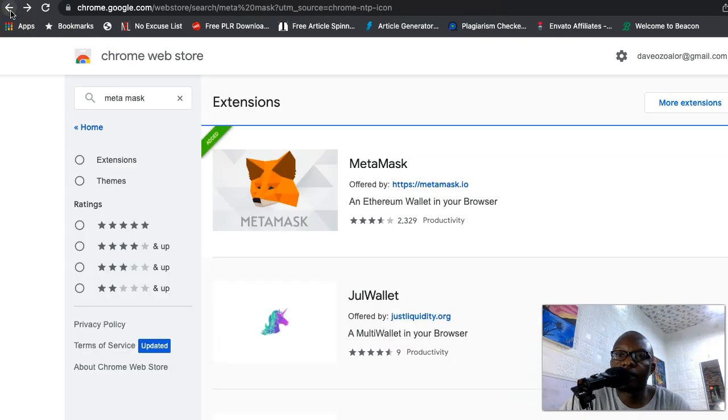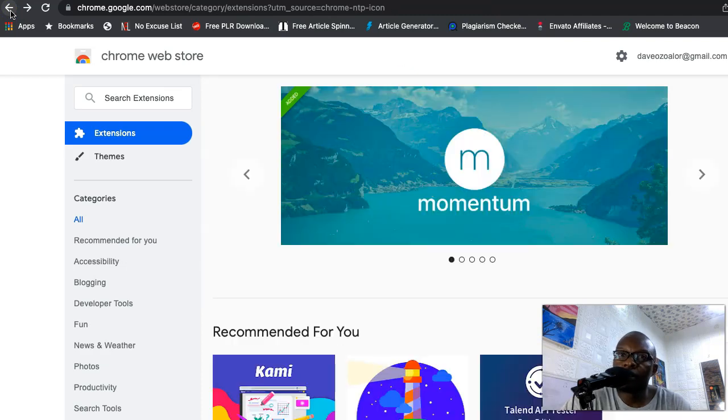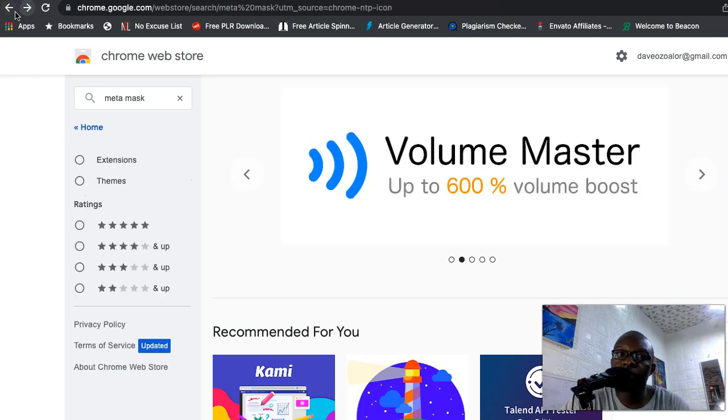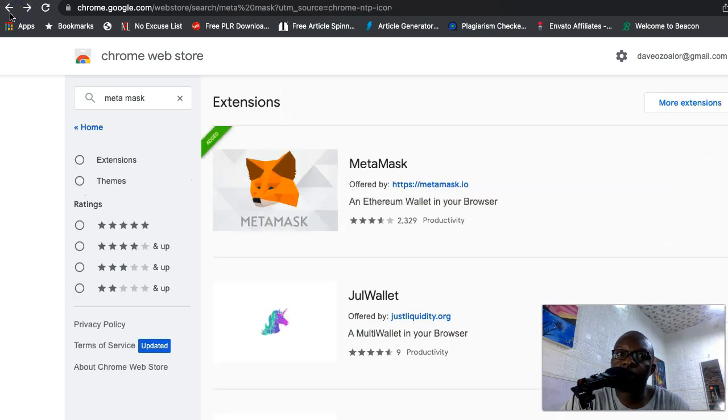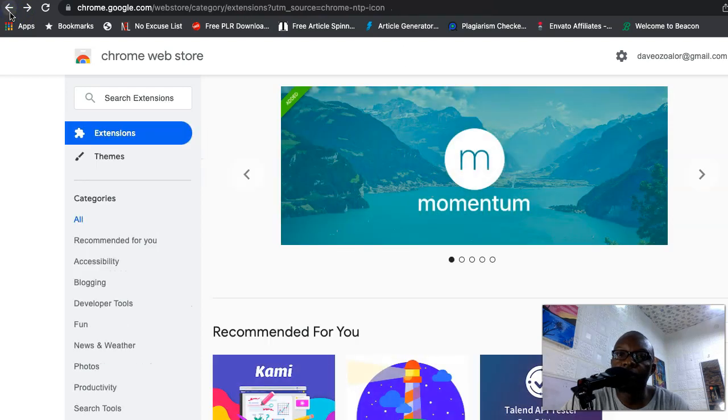Now the interesting thing is that during the installation, MetaMask will give you about 12 different words in a specific order that you need to remember. Okay, if you ever lose your password, they will give you those 12 words. So what I advise is that you find somewhere to save those 12 words in those exact order, because when